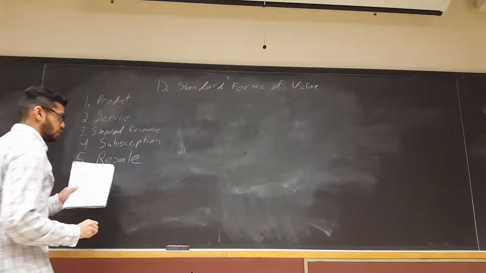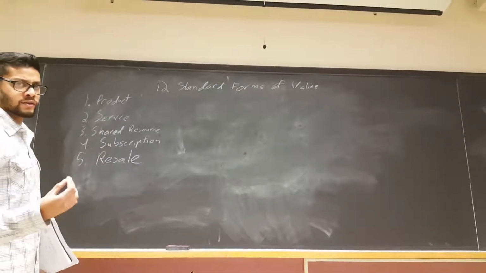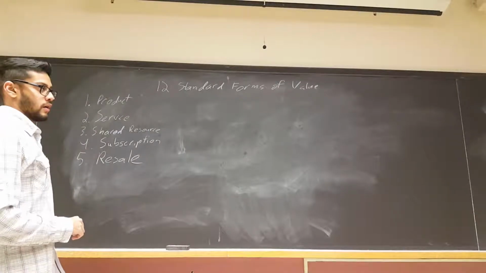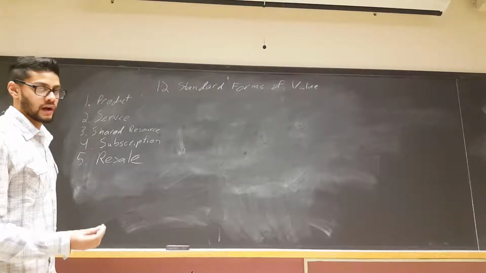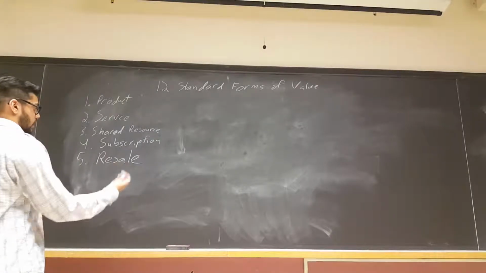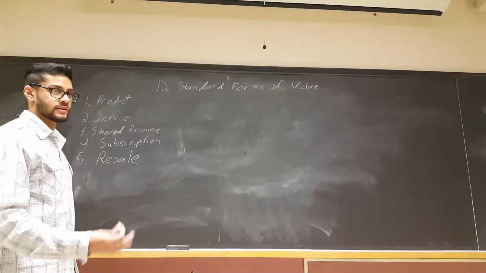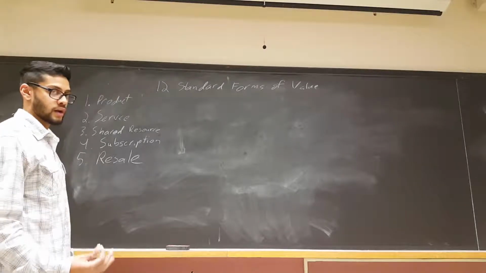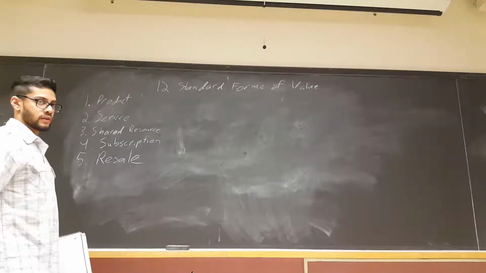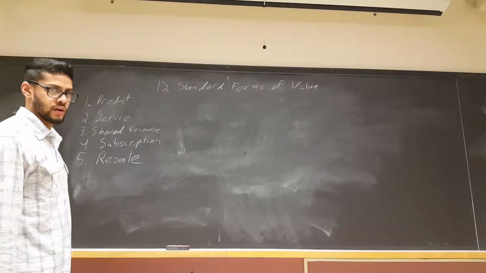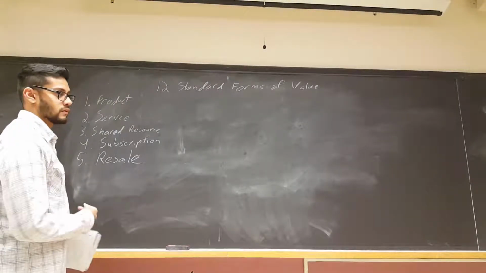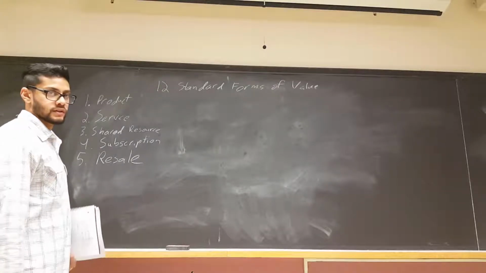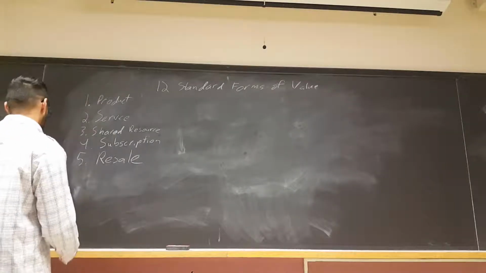5, resale. This is basically drop shipping. Amazon FBA. I don't want to say print on demand, but kind of like print on demand. A lot of these new business types, these business methods, strategies that have been growing this past few years. Resale. It's the easiest way to start a business, in my opinion, reselling.